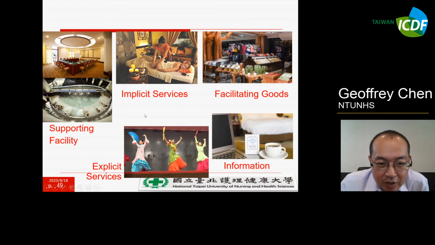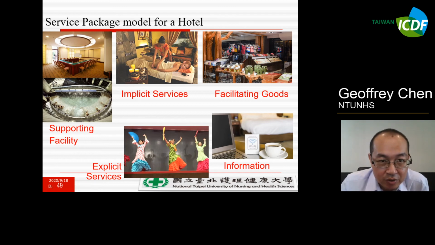In academic literature review, we call this the service package model. It covers supporting facilities, implicit service, explicit service, facilitating goods, and information service.